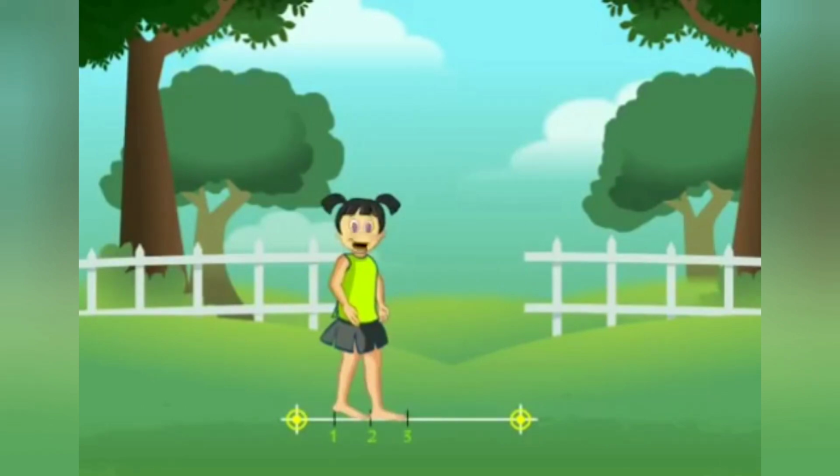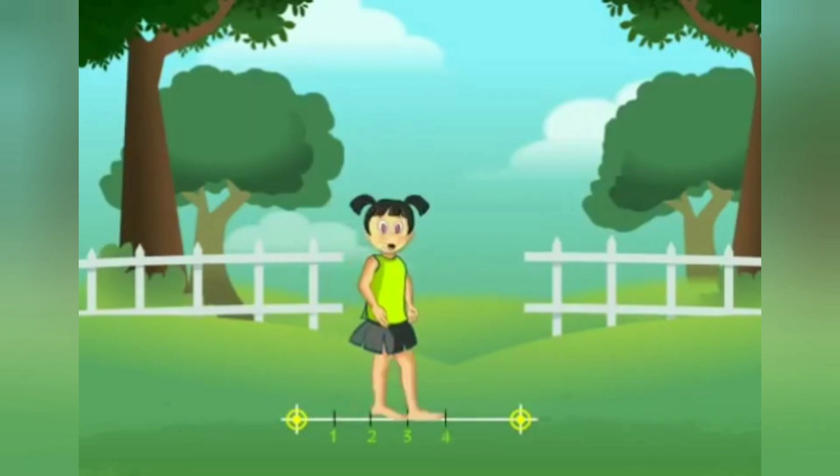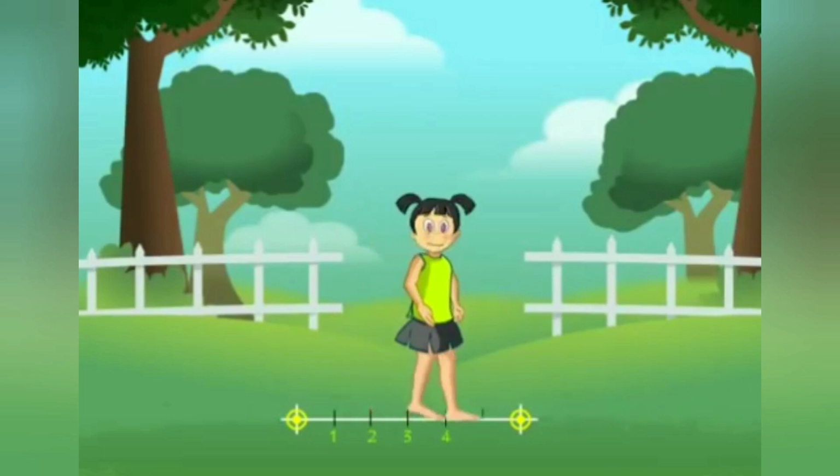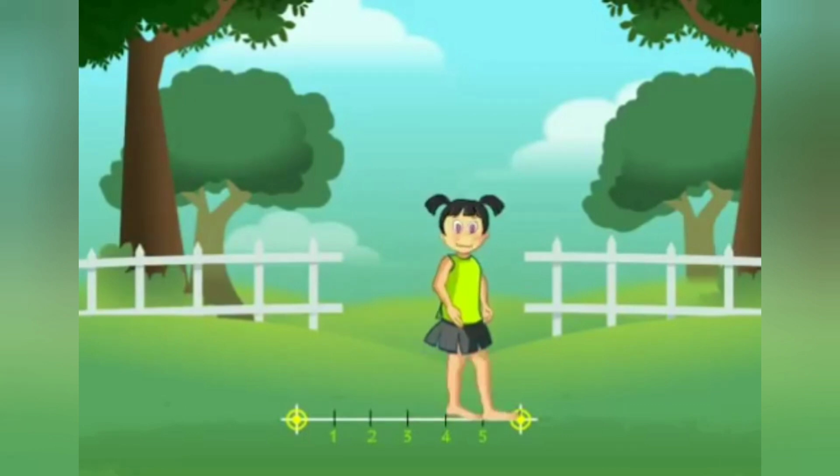Keep walking like this in a straight line until you reach the other point on the ground, and keep counting your steps too. In this case, we observe that the distance between these 2 points is 6 foot spans.